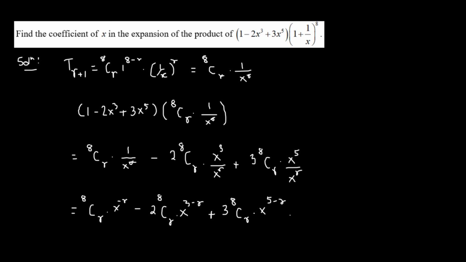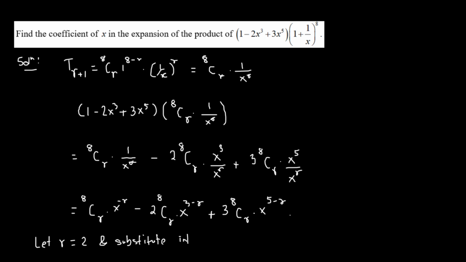Now that we have the general term, we have to find out the coefficient of x. Now we're going to assume different values of r. We can see that for any value of r, the first term will never give x to the power of 1. And r cannot be negative, so we cannot take r equal to negative 1. So the first term will not contribute to x. Now we move on to the second term, which is negative 2 times 8Cr times x raised to the power of 3 minus r. Now let r equal 2 and substitute